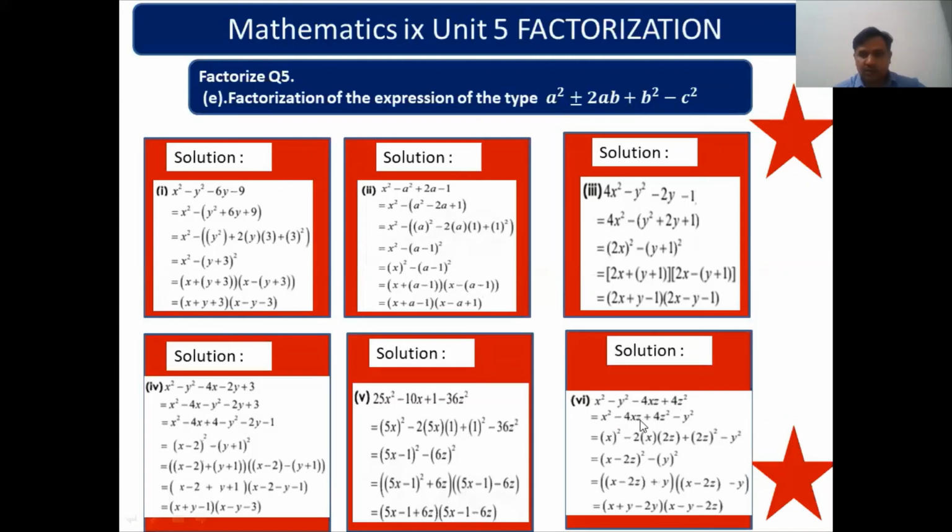So the middle term is minus 2 times first term into second term, this is 2z. So in closed form, this can be written as x minus 2z whole square, and y square can be written as y whole square. So we can write this as first term plus second term and first term minus second term. So we have to remove these brackets, so we have x plus y minus 2z and x minus y minus 2z. So this is the exercise